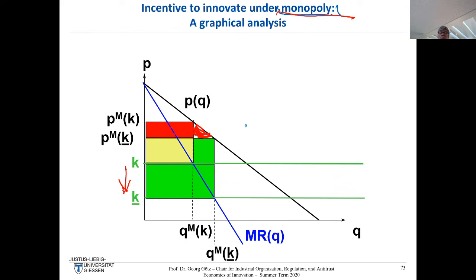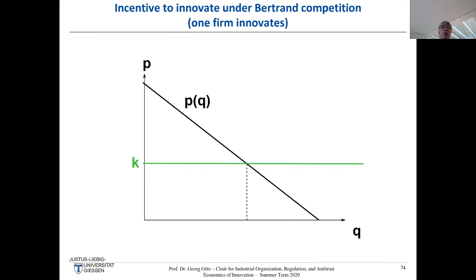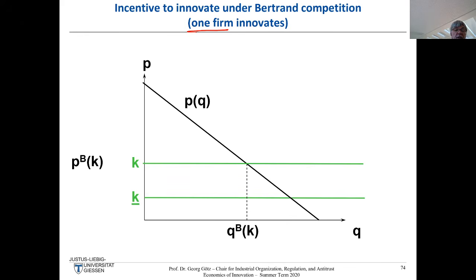Then we move on to Bertrand competition, where only one of the two firms innovates. So what is the situation to begin with? Now, if both firms have the same marginal cost K, of course, this will be equal to the price. That's clear. So P_B(K) is equal to that price. If one of the two firms introduces this innovation with the lower marginal cost K lower bar, what will be the new price? And that's interesting. The new price will be just the old price. As you see very easily,